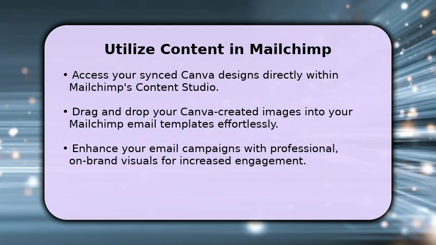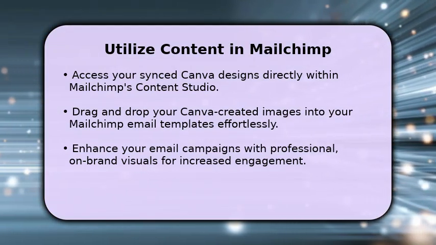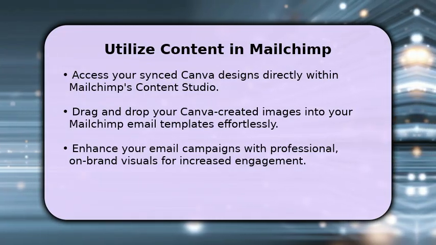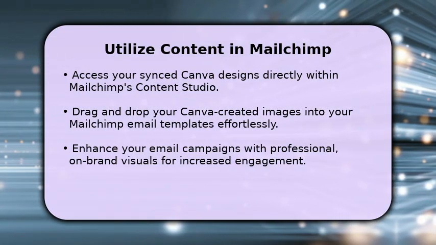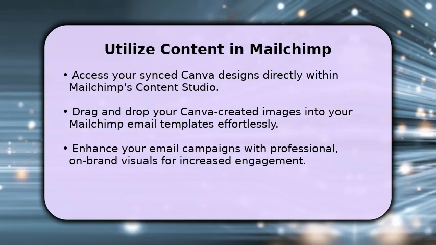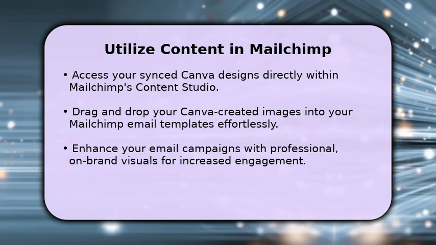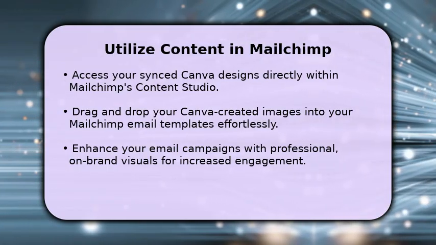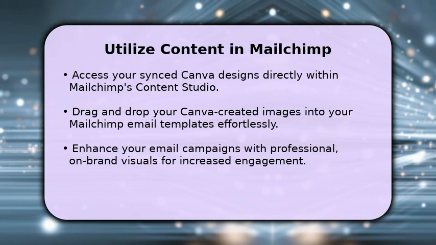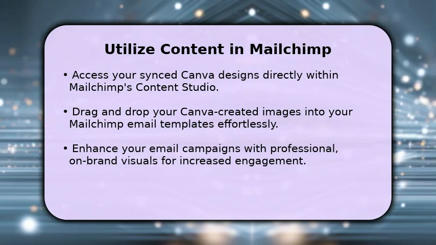With your designs synced, head to Mailchimp's Content Studio. You'll find a dedicated Canva tab where all your imported designs reside. When building an email, simply drag and drop an image block into your template. Then, select your desired Canva design from the Content Studio. This seamless integration allows you to elevate your email marketing with visually appealing, on-brand content, saving you